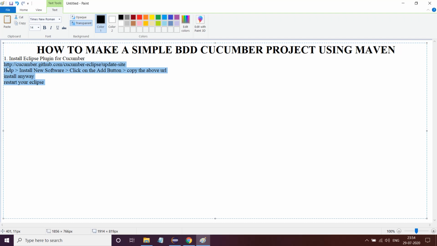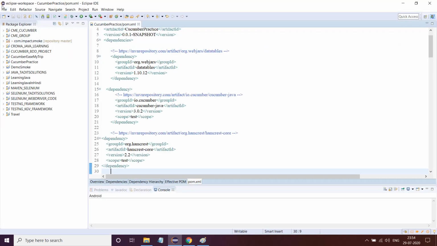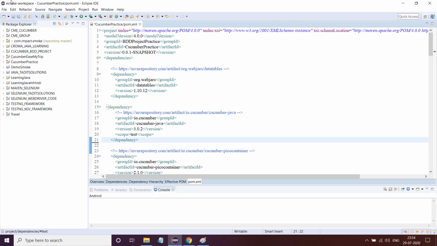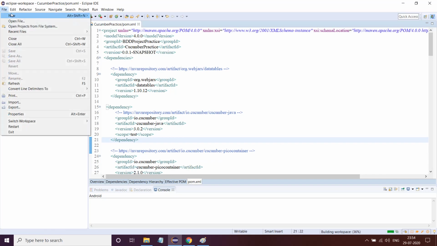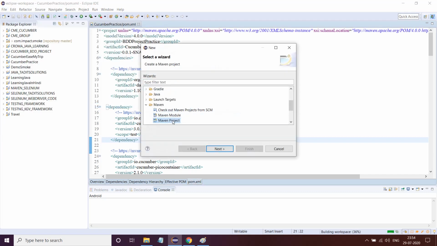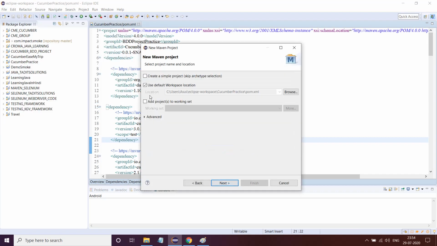Now the second step is to create a Maven project. So let's go ahead and create a Maven project. I'll go to File, New, and Other. I'll create a Maven project. Next, I'll select the archetype selection.